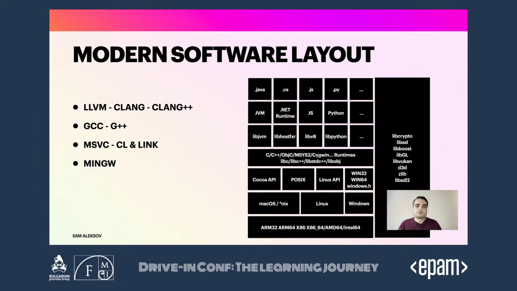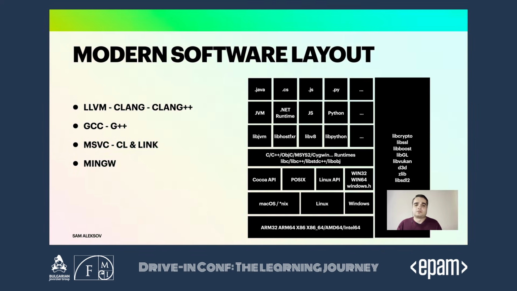If we summarize how modern software looks like, we would have a very similar diagram. So we would have an API of the operating system. For Mac, that would be the Cocoa API or the POSIX standard, which is also supported for the most part by Linux and other Unixes, but there is some specific Linux functionality exposed by the Linux API, which is not part of the POSIX standard, as we saw earlier. Things like epoll, so asynchronous file descriptors and efficiently notifying them. For Windows, we have Windows.h or the Win32 or Win64 API, which are the same thing.